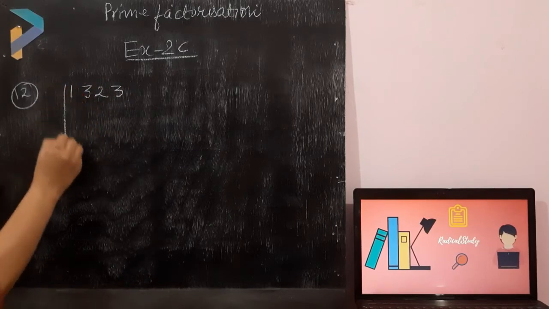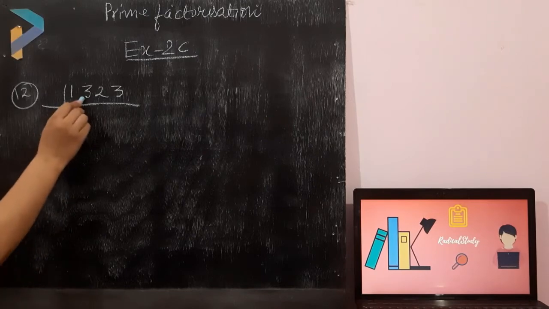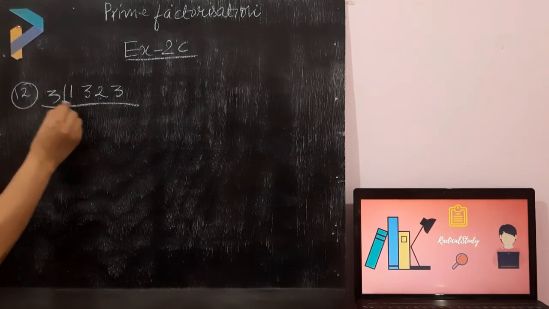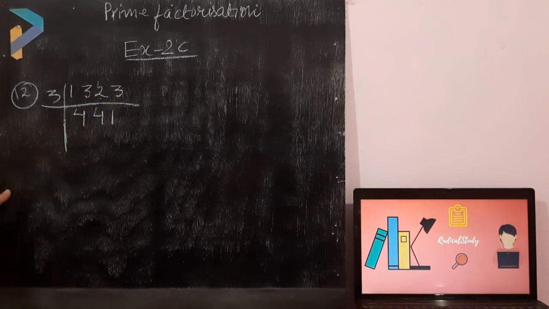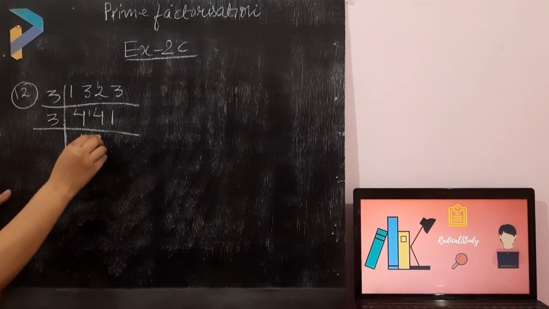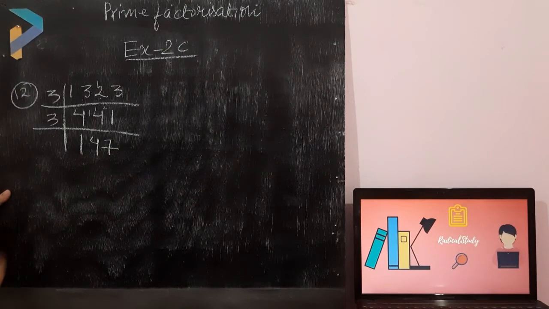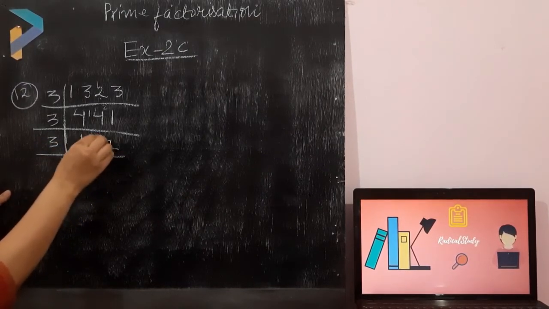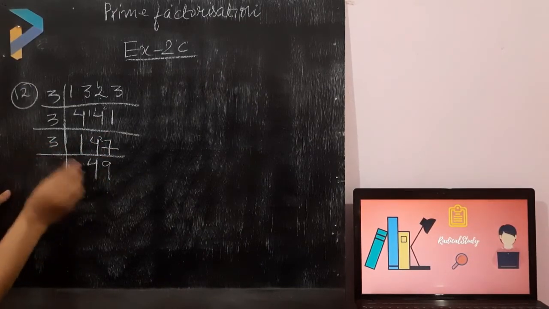Okay students. Now we have to check by which number it can be divisible. 3 4s are 12. Yes, we can divide it by 3 also. 3 4s are 12, remainder is 1. Then again 3 4s are 12, 3 1s are 3. Now I am trying to divide it again by 3. 3 1s are 3, 3 4s are 12, 2 remainder is left. So 3 7s are 21. Now again with 3, 3 4s are 12, again 2 is left, so 27. 3 9s are 27. Now can it be divisible further by 3?